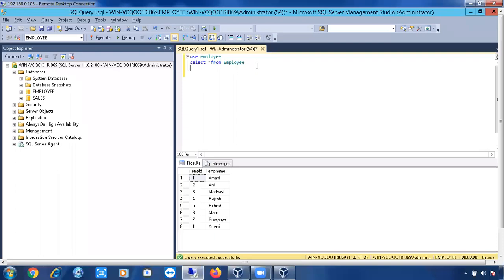Now in my case, select star from employee. I want to get all the employees' details, those who are getting more than 8 lakhs package, right? Select star from employee, where condition you have to write here: where salary, you have to mention the column, greater than 8 lakhs. Okay, if you don't have questions, please mute yourself. Right? So if you just mention it like this, then automatically you can get the employees information. Rajesh is getting 8.5 lakhs, Mani is getting 9 lakhs, and Saujanya is getting 9 lakhs. So in this way you can filter the data.